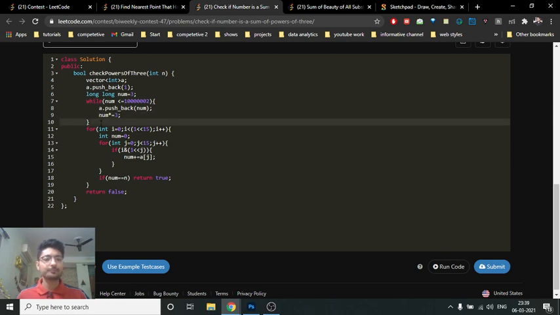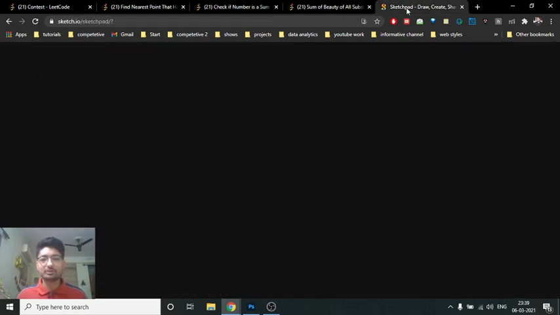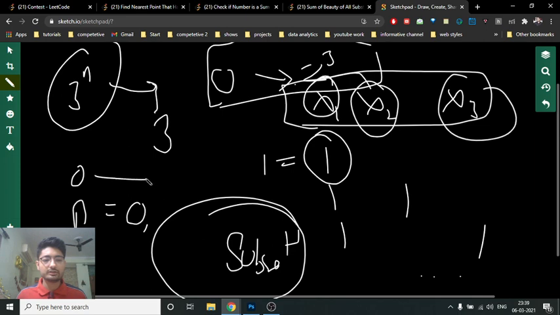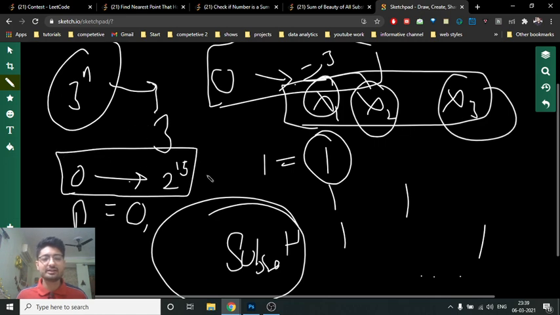So that's what we are doing here: first find out all the values and push them in this A vector, then we iterate over all the possible values. Because there are 15 numbers, we'll iterate from 0 till 2 to the power of 15. This number is very small, so you can easily iterate it. Then for all numbers, represent that number in the bit representation of 15 bits.